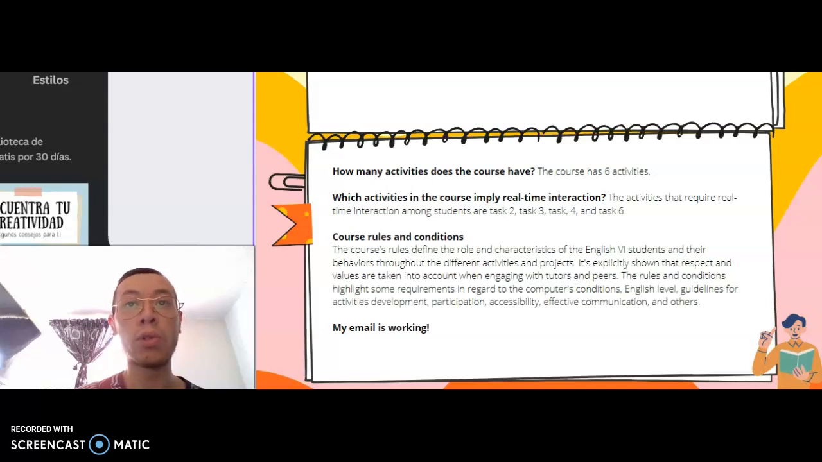The course rules and conditions. The course rules and conditions define the characteristics of the English 7 students and their behaviors through the different activities and projects. It's explicitly shown that respect and values are taken into account when engaging with tutors and peers. The rules and conditions highlight some requirements in regard to computer conditions, English level, guidelines for activities development, participation, accessibility,